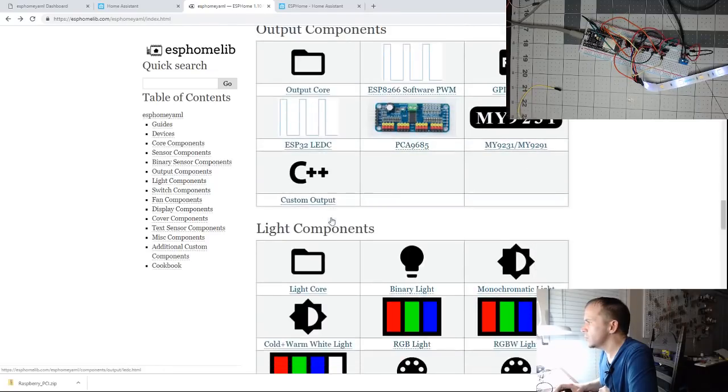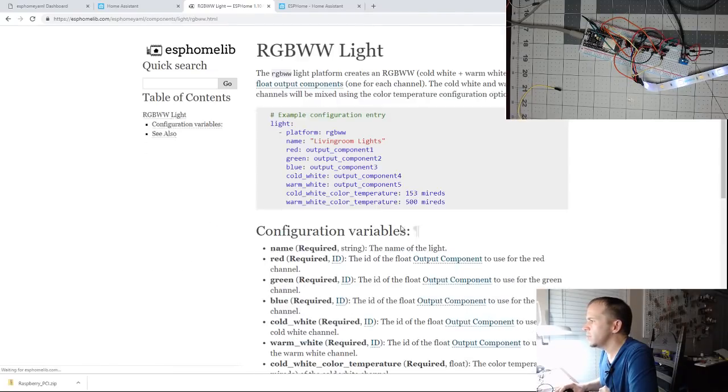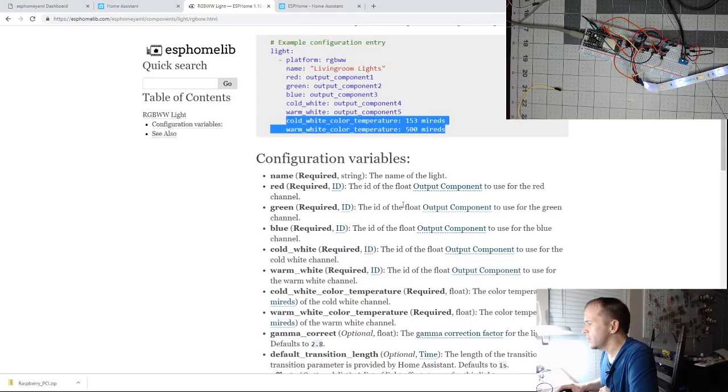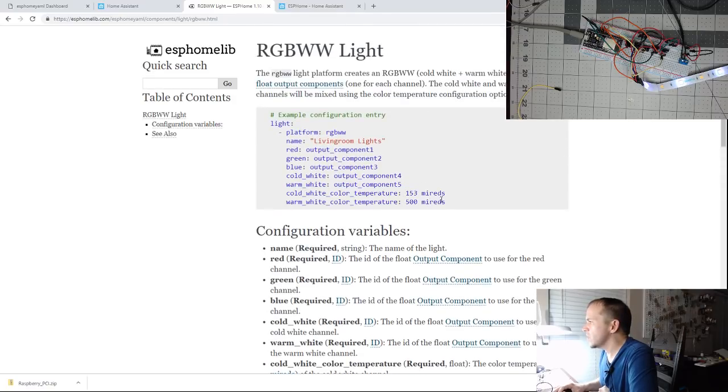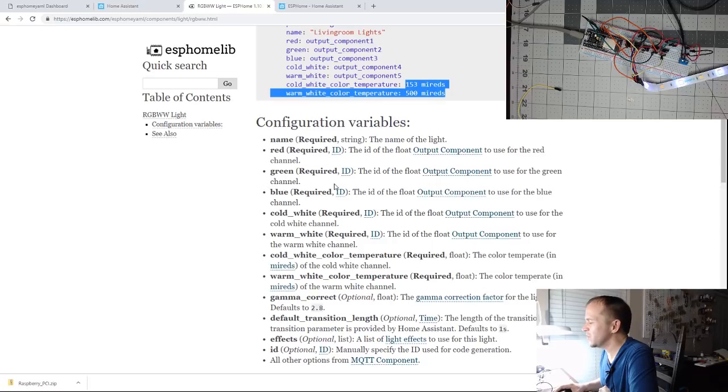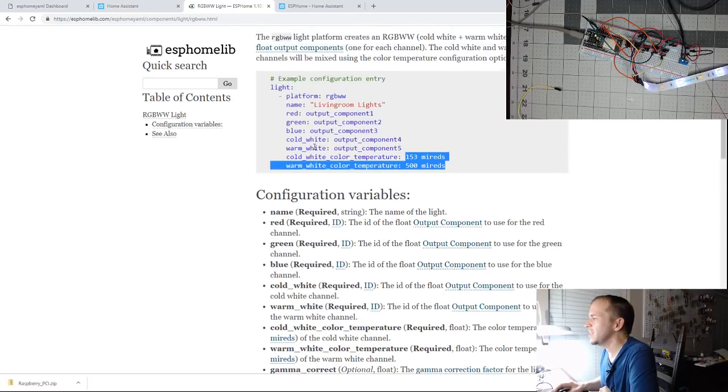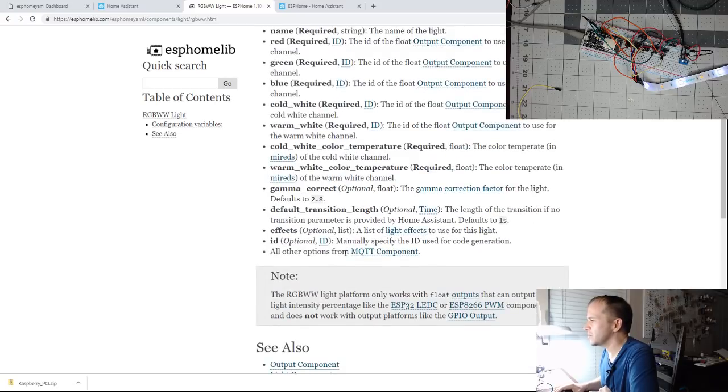Down towards the bottom, they do have RGBWW light, and it does take some additional pieces. Of course, you've got your output, your cold white, warm white, and I just used the default they had here. I haven't dug into and Googled even what these different numbers are. I just use the default. If anybody that's smarter about cold white and warm white wants to explain that in the chat, feel free to. Maybe we should change the numbers, make it look different. I don't know. It's gonna be hard to show on the camera, because the whites are hard to show the difference on camera, you really need to be in person for that.